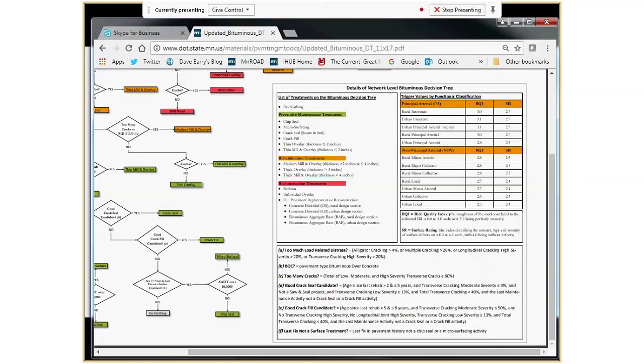So in Michigan, I guess we would have the decentralized approach as well, where our regions know their networks better than we do in central office. We try our best to keep an eye on things. We have a pavement management group that's always constantly reevaluating things. So we have a manual out there. I'm going to talk primarily from the PM standpoint. That's my area. So we have a capital preventive maintenance manual that lays out some PMS guidelines,